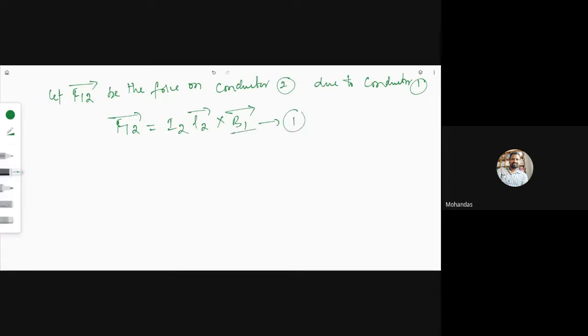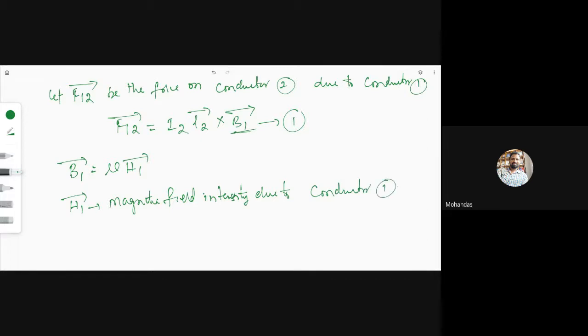Next, similarly here you have to calculate B1. What is the B1 here? B1 equal to mu into H1. What is H1? H1 is the magnetic field intensity due to conductor 1 at a distance of d, is given by